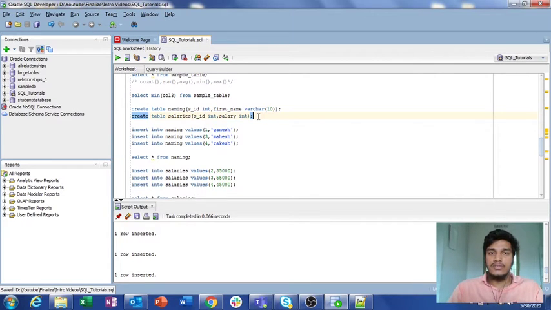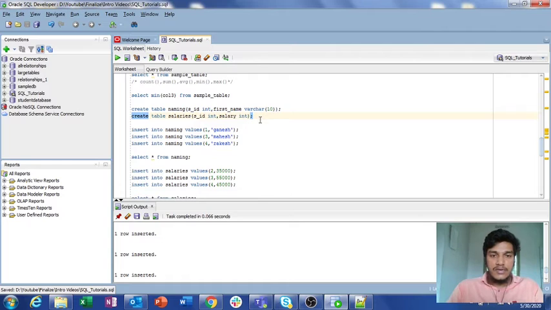With the help of inner join, we can retrieve all the matched records from the two tables. Suppose we have 100 records in the first table, like the employee details table, and 100 records in the salary table, and you need to combine both tables with respect to employee name or employee ID. You will use inner join to retrieve the corresponding salary details for a particular employee. How to do that, I am going to explain in this video.